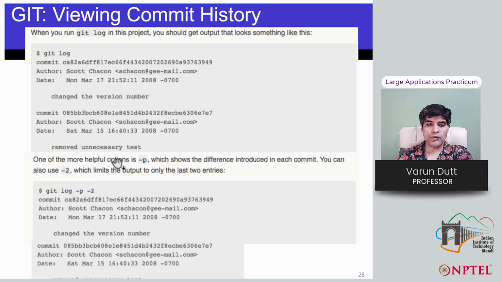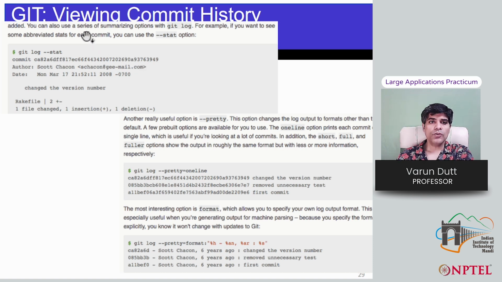If you need more helpful options, we can put -p, which shows the difference introduced in each commit. You can also use -2, which limits the output to only the last two commit entries, and you can see it shows only the two entries with the checksum field on the last two commits which have happened on the Git repository.